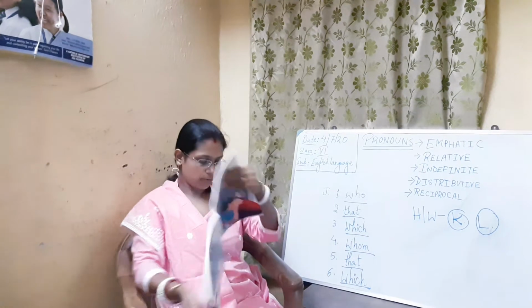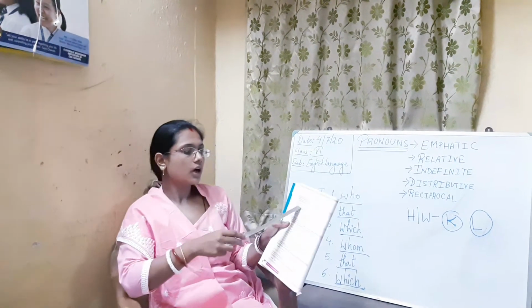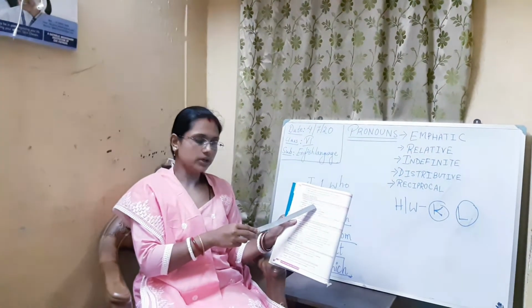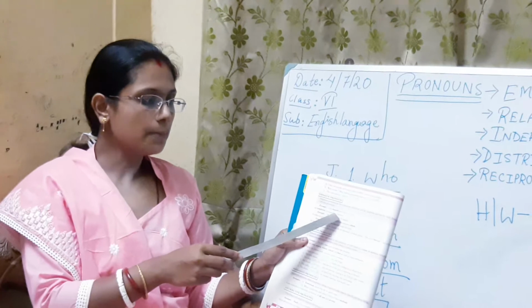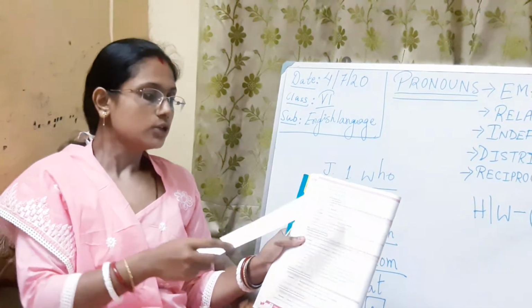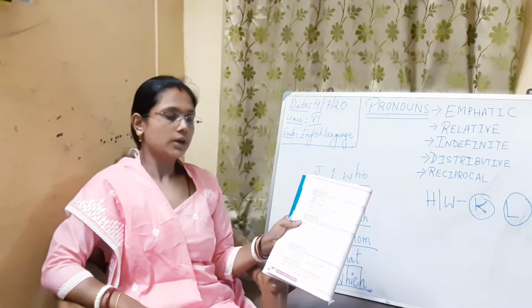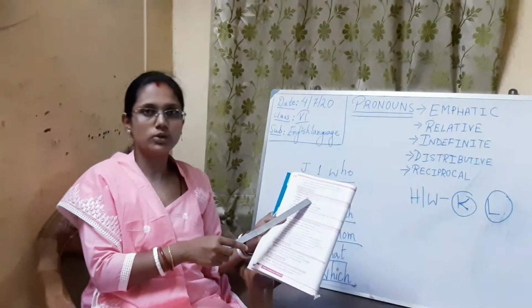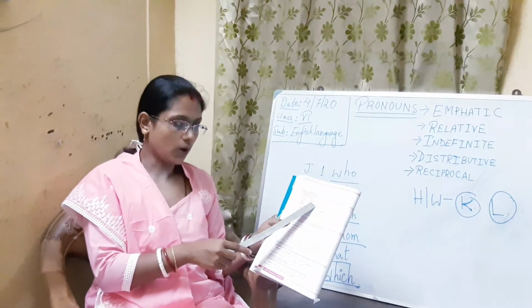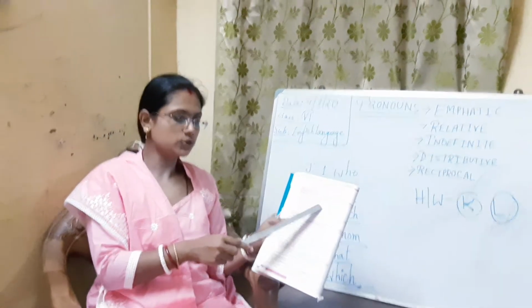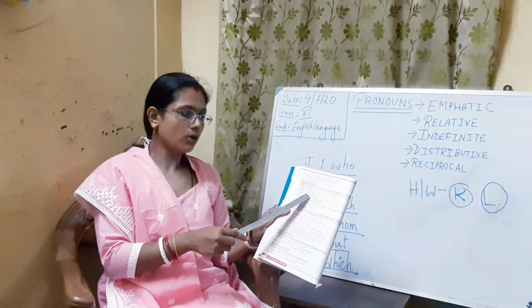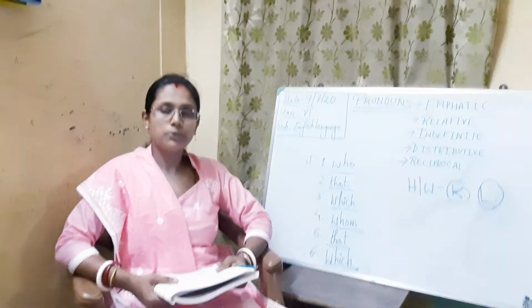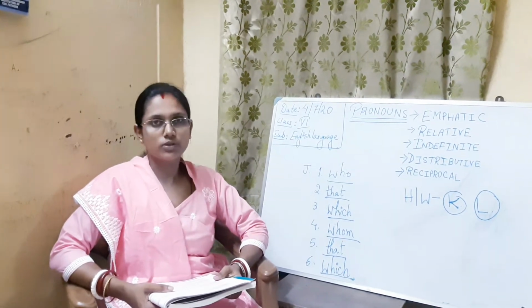So all of you please look at the book. She herself. Herself is placed after the pronoun she. When the reflexive pronoun is placed beside the pronoun she, it is placed only to give emphasis on the pronoun. She herself asked me to call you. So an emphatic pronoun lays emphasis. What is the use of an emphatic pronoun? An emphatic pronoun is used to place some emphasis on the pronoun.